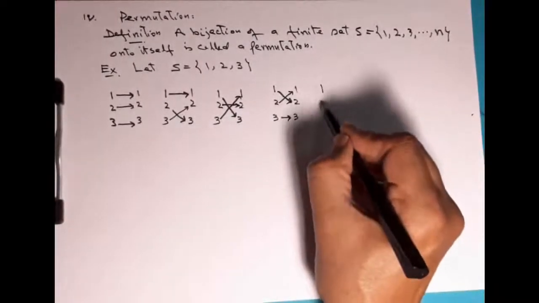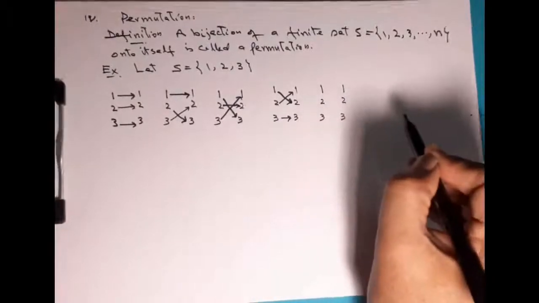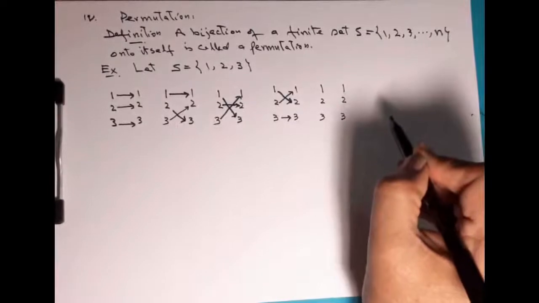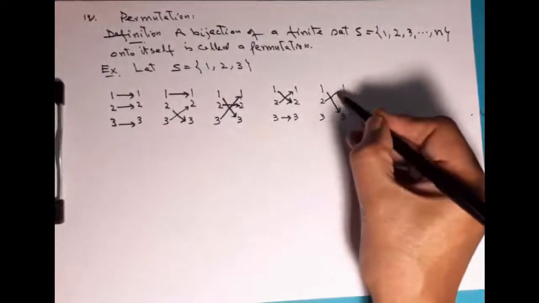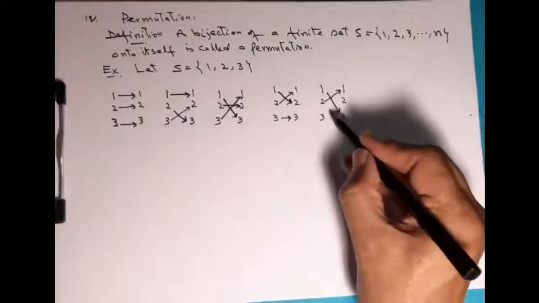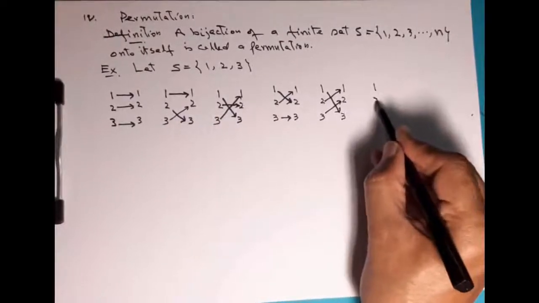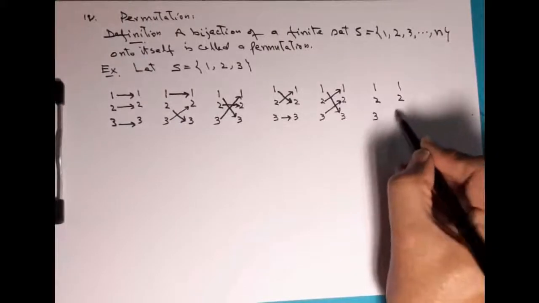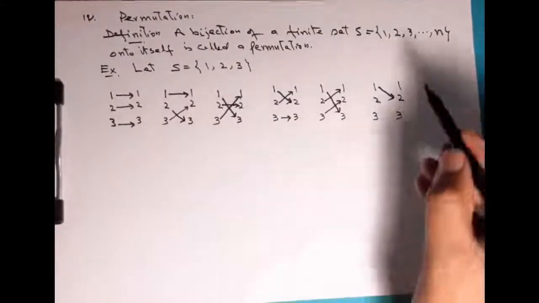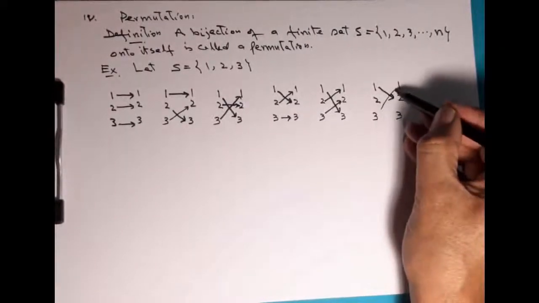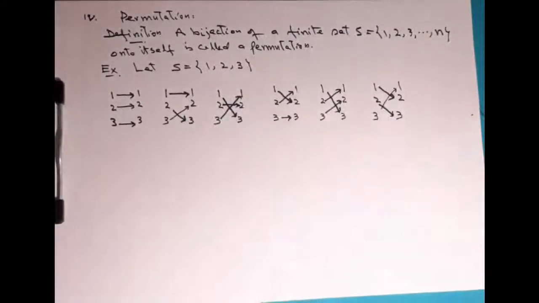एक पॉसिबिलिटी ये है कि आपके पास डोमेन 1, 2, 3 है, और रेंज भी यही 1, 2, 3 है। तो आप 1 को 3 पे मैप कर दें, 2 को 1 पे मैप कर दें और 3 को 2 पे मैप कर दें। और एक पॉसिबिलिटी ये है कि आपके पास डोमेन 1, 2, 3 है और रेंज भी 1, 2, 3 है। तो आप यूँ करें कि 1 को 2 पे मैप कर दें, 3 को 1 पे मैप कर दें और 2 को 3 पे मैप कर दें। यही पॉसिबिलिटी रह जाती है ना।